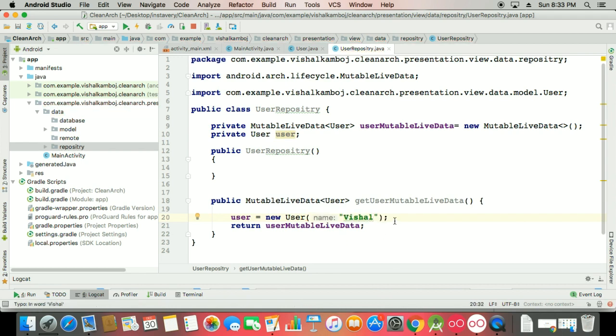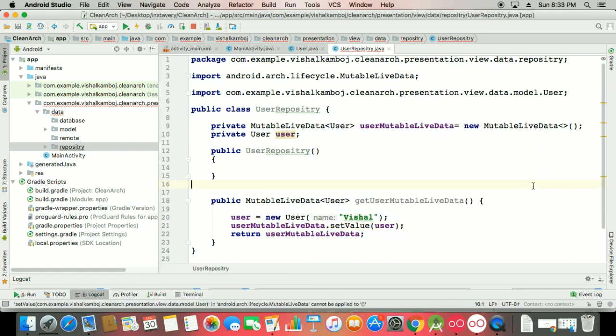Here the name is Vishal, and here you use setValue. So userMutableLiveData.setValue(user). We bind this kind of model and then get it in the MutableLiveData in our view model. So this is easy.